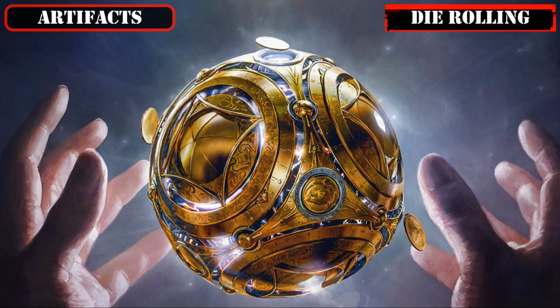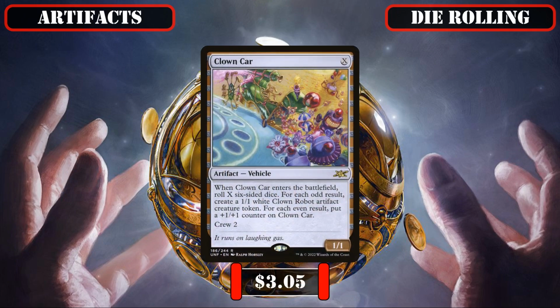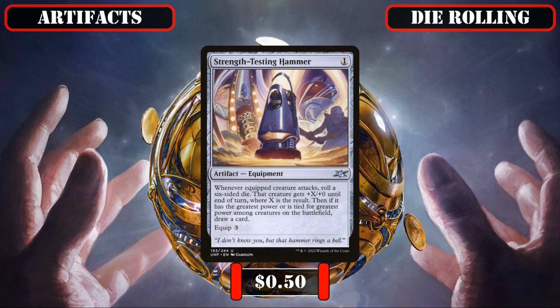Then closing up our die rolling entrance with some non-d20 rolling entries, we have Clown Car, which rolls as many d6s as we can pump mana into it to give us multiple opportunities to proc Mr. House, while flooding the board with artifact creature tokens and/or creating a giant vehicle for us as it does so. Strength Testing Hammer, whose equip cost may be a bit steep, but does passively roll us a d6 whenever